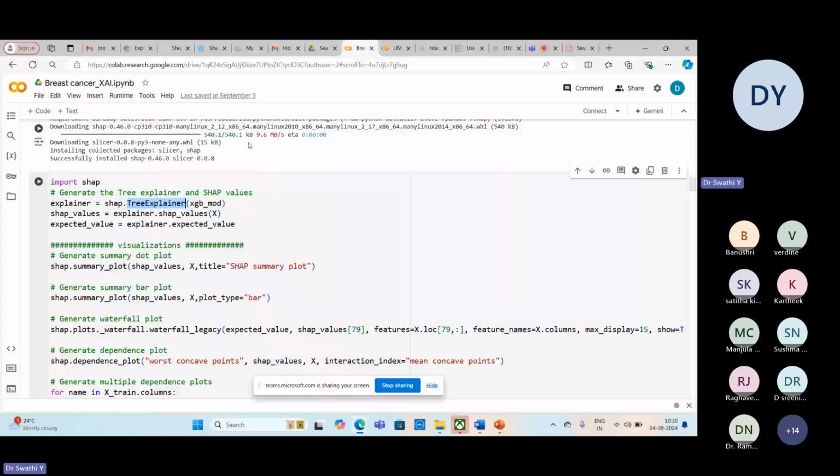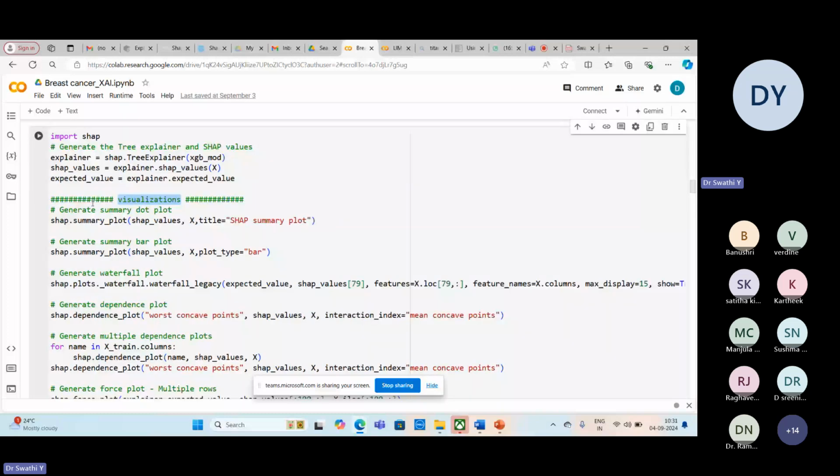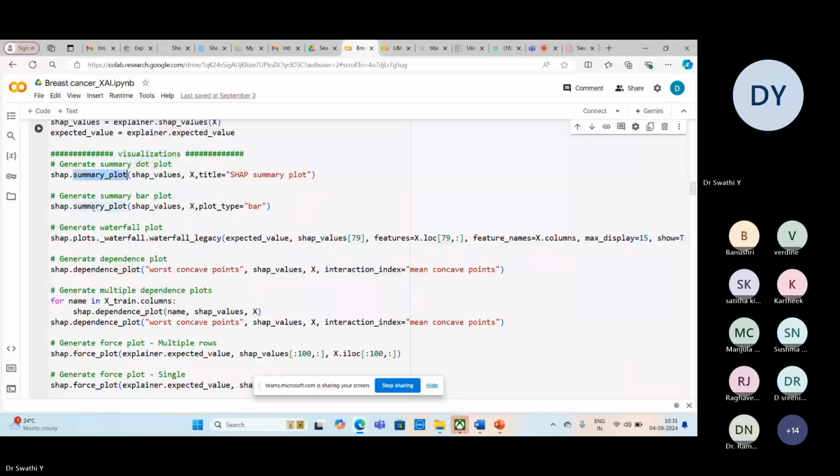data. After this, I need visualization with respect to SHAP. These are the different visualizations you can show directly with SHAP. There's no need to write any separate code for that; you can see all of them in one shot. I can see a summary plot with respect to individual values, and a summary plot as a dot or bar, which I can also categorize.